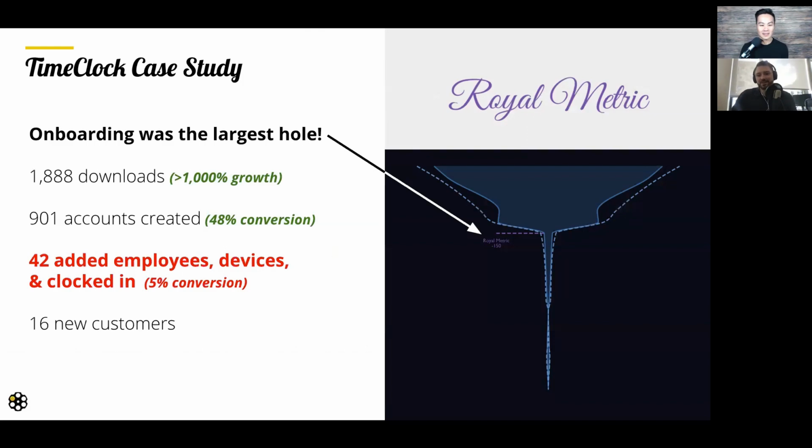But it's not enough to know that someone's creating an account and then not becoming a customer. So in leveraging Royal Metric, it allows us to dig deeper into that activation part of the funnel, and once they've created an account, what's taking place after they've created an account before they've become a customer, really measuring all of those things. And we found that most were dropping off before finishing onboarding. When we look at the onboarding, 42 were actually fully onboarded. 16 of the 42 were converting. So we had a really great conversion rate of onboarding to becoming a customer.